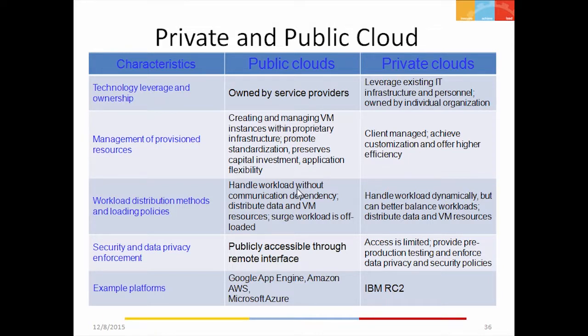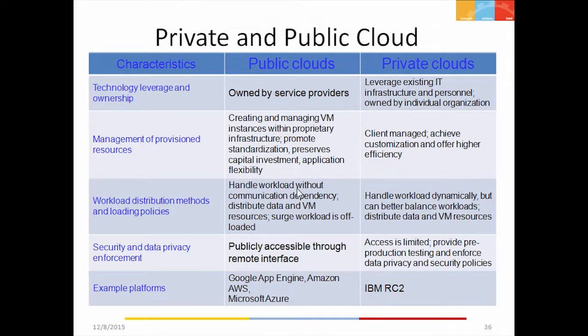Creation and management of VM instances within the proprietary infrastructure. So essentially what a public cloud does is create and manage VMs within its own proprietary infrastructure, but because it is public, the users are going to use these services in a more standardized manner.